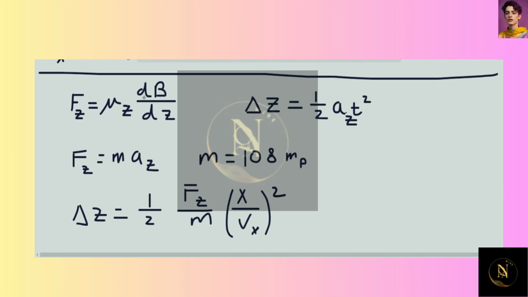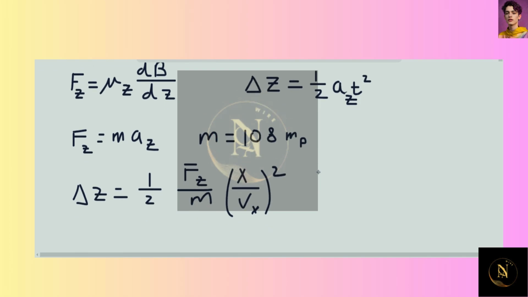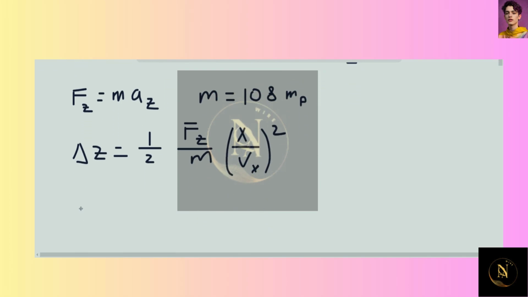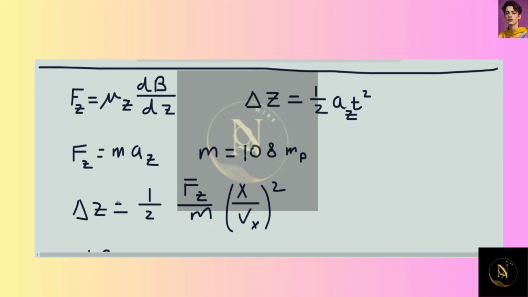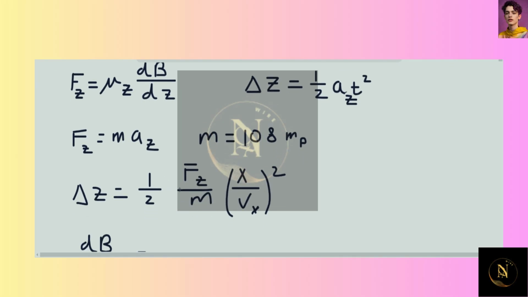Replace F sub z with mu sub z dB/dz and solve, because we know everything else in this equation. So we can go ahead and do that. We find that dB/dz, so dB/dz is on top over here. So we're solving for dB/dz. We have delta z equal to 1/2 dB/dz mu sub z divided by m times x over v sub x squared. Therefore,